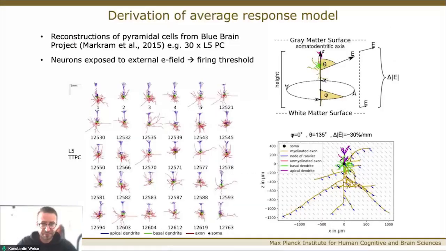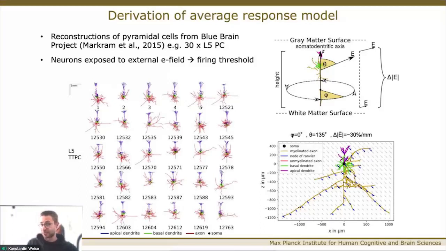Next slide, please. Therefore, we used the approach of Aberra and extended the set of neurons to more than 30. Here you see the layer 5 neurons just as an example. We were applying different electric fields to them, more or less homogeneous electric fields. We have a parameter phi, over which the thresholds were averaged. Theta is basically the angle of the electric field with respect to the somatodendritic axis, and we have a